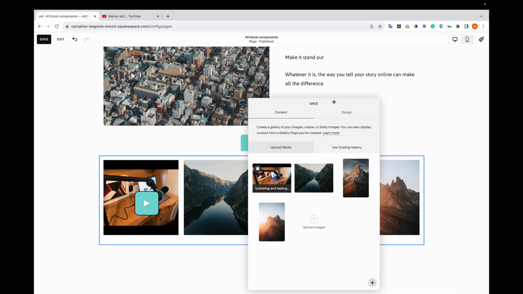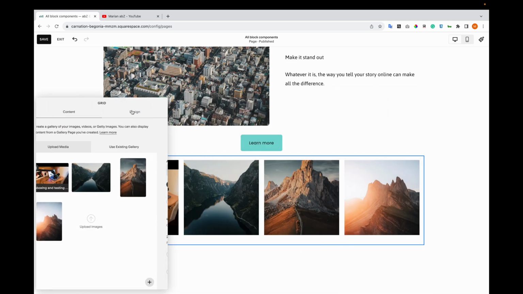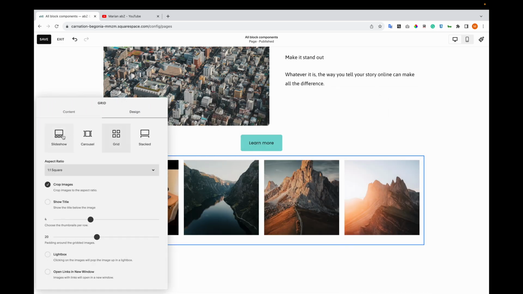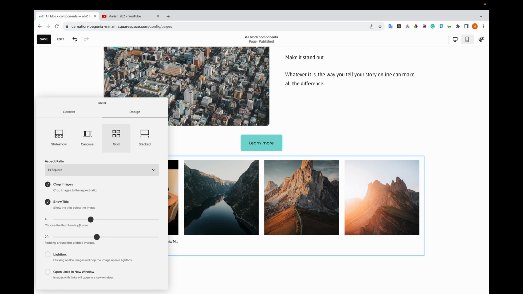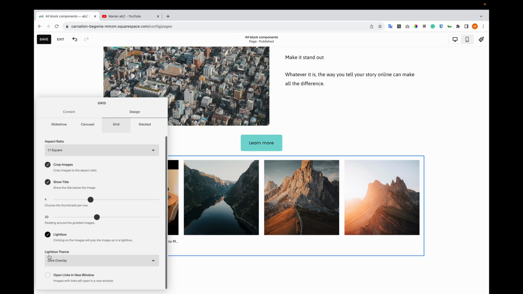And now we have the option to go to design. And here we have 4 options: slideshow, carousel, grid, stack. The default one is grid. Here we have aspect ratio, the option to crop images, show title, choose the thumbnails per row, padding around the gridded image, lightbox if we want the images or the video to appear when you click on them to open in a lightbox, lightbox theme,